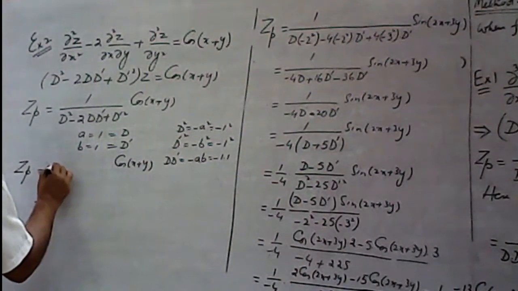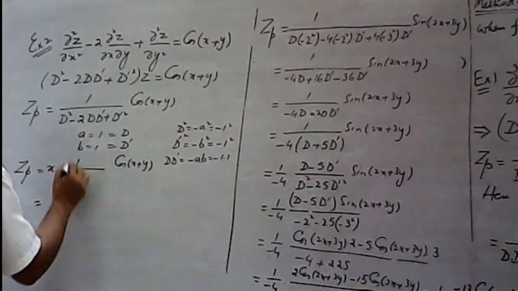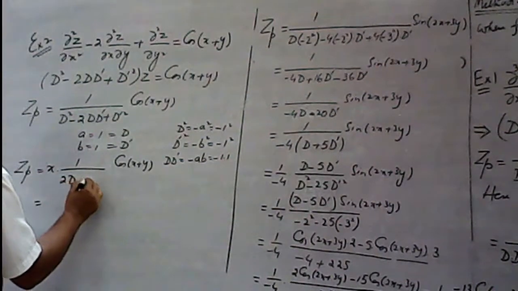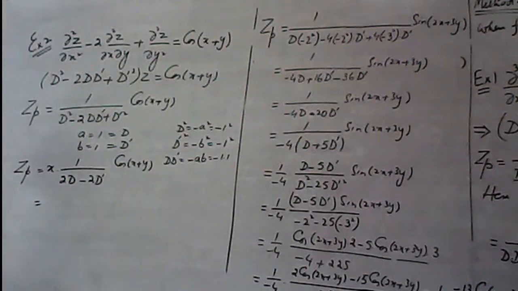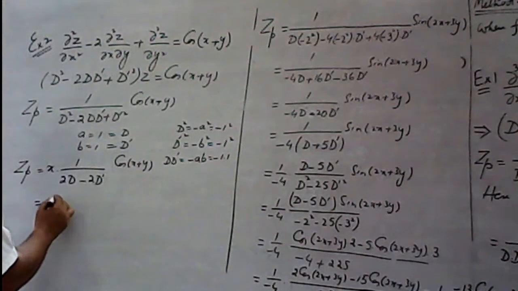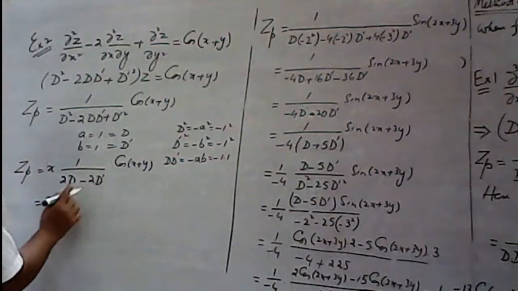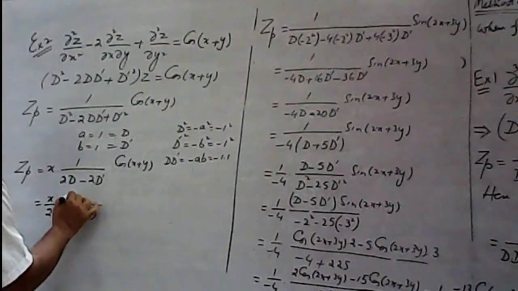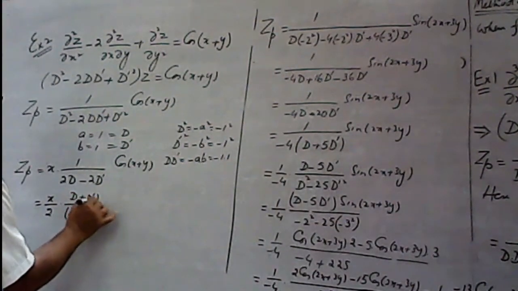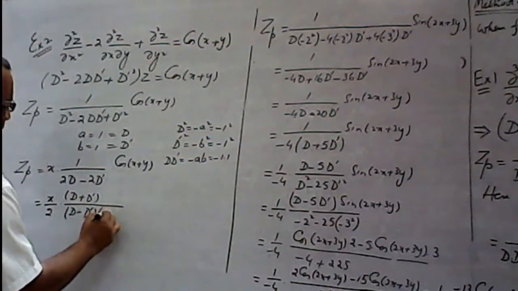So writing x, then 1 over D square means 2D minus 2D dash. Since now both D and D dash are linear, we need to rationalize again. So x upon, I took 2 common, so this becomes D plus D dash, D minus D dash. So rationalizing with D plus D dash